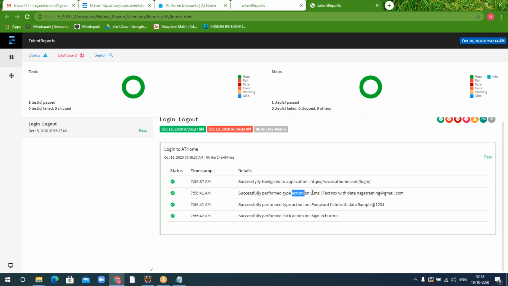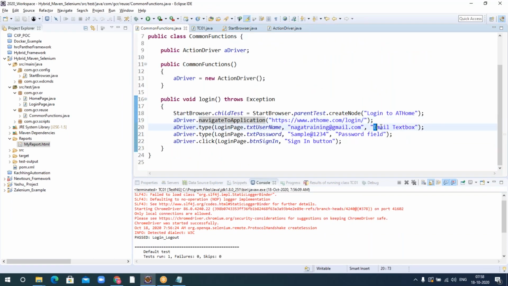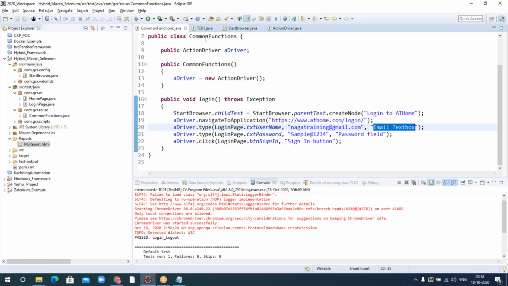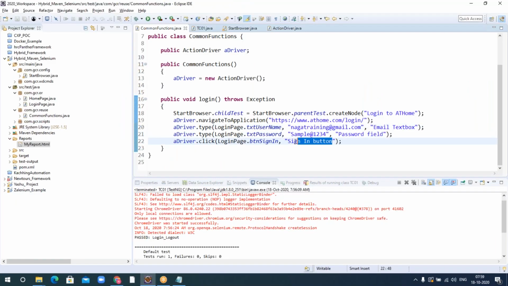Successfully performed action on email text box. That is the element name which you have given. You see here in the common function, this is the email text box, with the data that is nothing but my user test data which I have given like this one. And similarly for the button, successfully performed click action on sign in button, which I have given here.